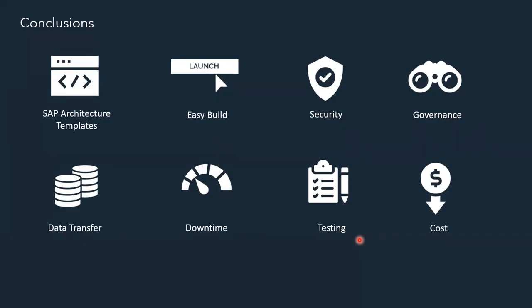It is easy to build, so you can launch SAP certified instances in the cloud platform in minutes. You don't have to wait for long. Security is of utmost importance for AWS. When you deploy your SAP workload on AWS, you control all aspects of security. You can encrypt your volumes, you can control logging, and you have much more visibility into your infrastructure.